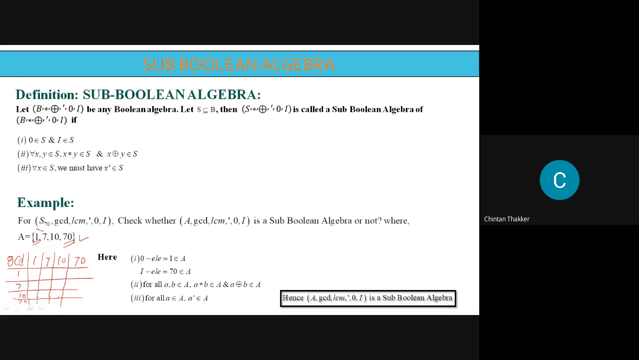ओके, अगर सारे एलिमेंट आ जाते हैं तो लिखना है that a set is closed for the GCD and LCM, तो सेकंड कंडीशन भी सेटिस्फाई हो जाएगी। उसके बाद लास्ट कंडीशन चेक करनी है, तो सारे एलिमेंट्स के कॉम्प्लीमेंट चेक कर लो। 1 का कॉम्प्लीमेंट आएगा 70, 7 का कॉम्प्लीमेंट आएगा 10, 10 का कॉम्प्लीमेंट होगा 7, 70 का कॉम्प्लीमेंट 1, तो सबके कॉम्प्लीमेंट मिल रहे हैं और वो भी सेट के अंदर है। दैट मीन्स दिस सेट इज अ सब बुलियन एल्जिब्रा ऑफ S70।